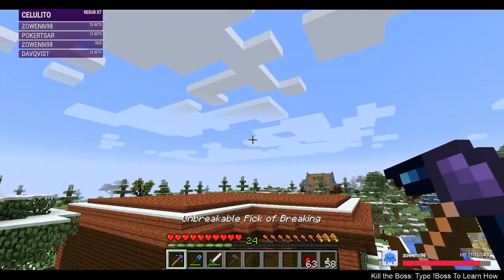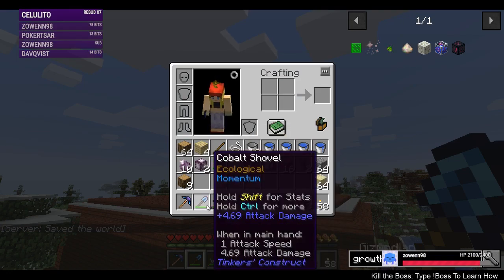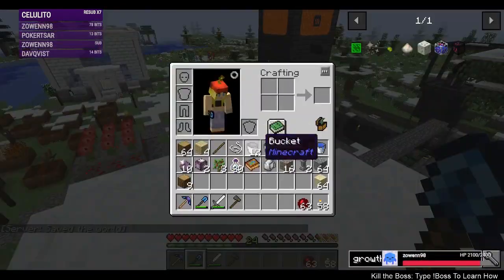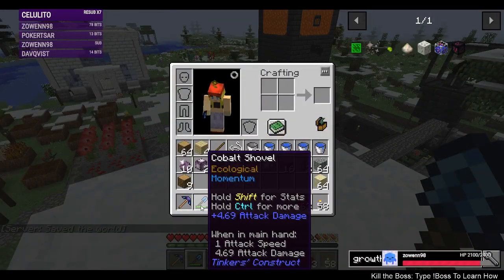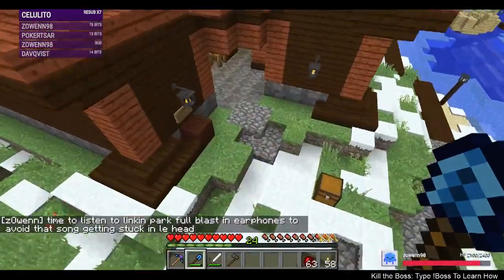Tinkers lets you make customizable tools that last a long time, and when they do break, all you have to do is repair them. You don't lose them. You can add modifiers, and like this one has a bunch of things on it. You can see well established, momentum, writable 2, embossment, and unbreakable. Each of those does different things, and you can read